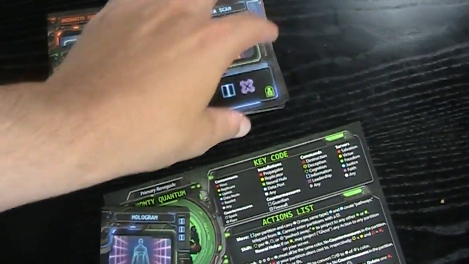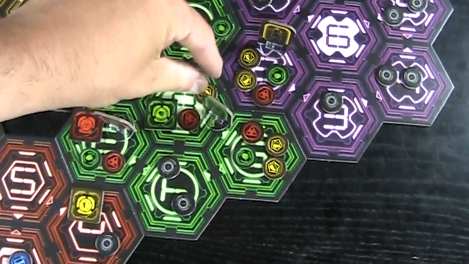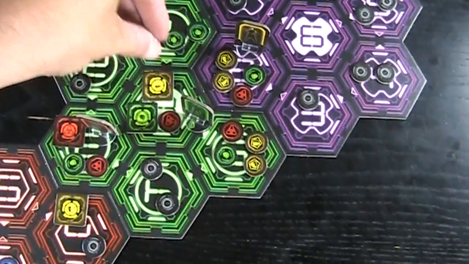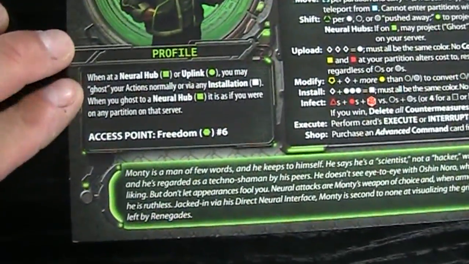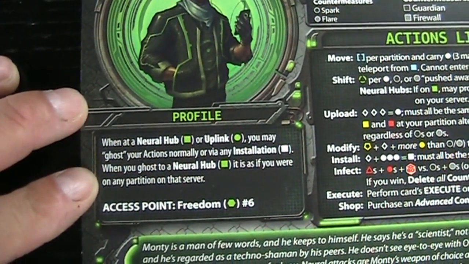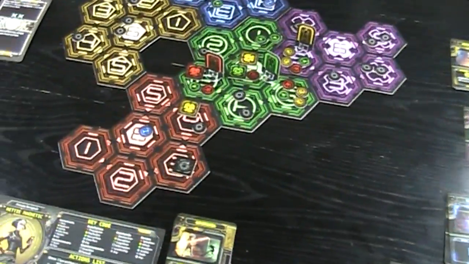Fine. After that, my idea was to use the data scan, make that a yellow token, and I want to upload or install, I want to install a replicator here. I think that's always a good idea. There we go. And then I gotta get rid of this sucker somehow. Now here's the thing, I got a special ability here. When at a neutral neural hub, you may ghost your actions normally or via any installation. When you ghost to a neural hub, it is as if you were on any partition on that server. Okay, so what I can do now is